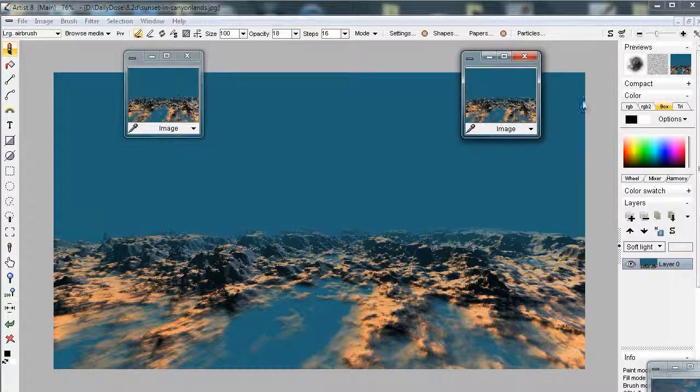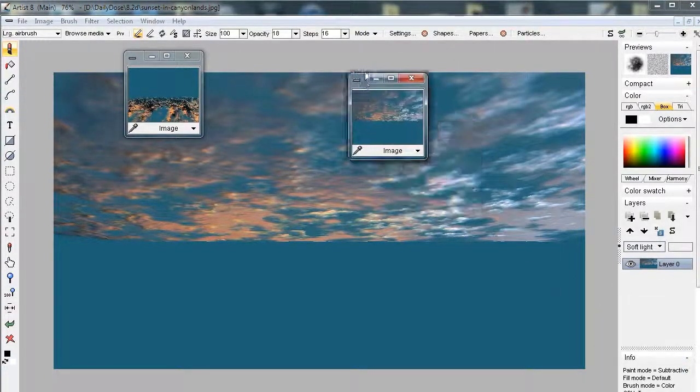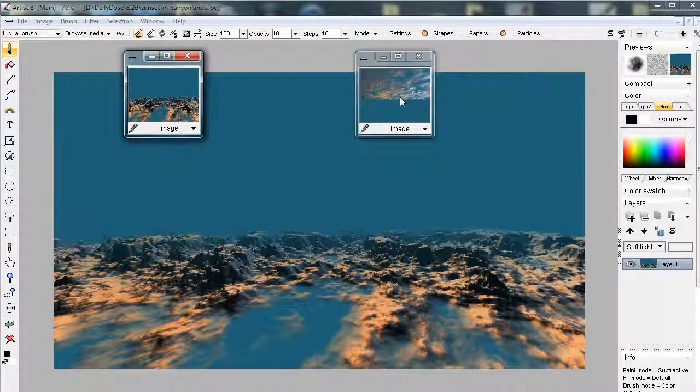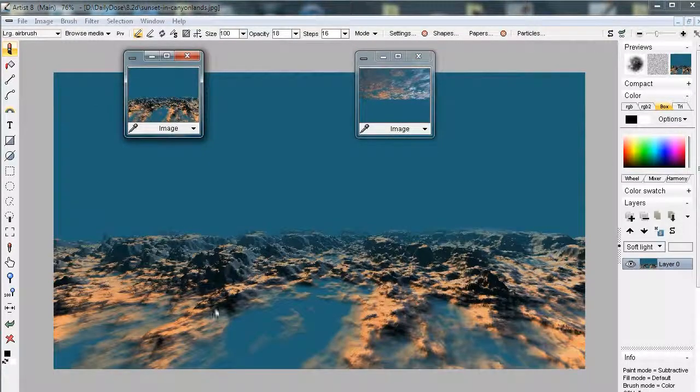Let me undo quickly. And we have the terrain here. Let me do a store image. So we have these two. Again, we want to combine the two together. This one. Oh no, wait, that's the wrong one here. This one here, and that's this one. Okay, so here's the terrain and here's the cloud patterns, and I want to combine them together in